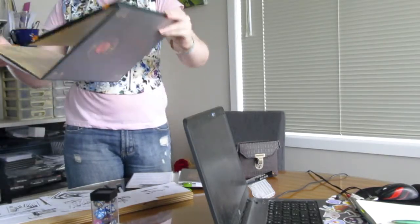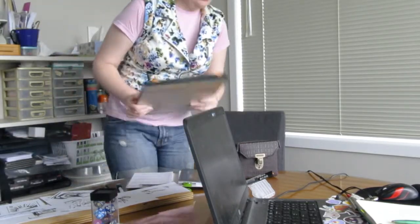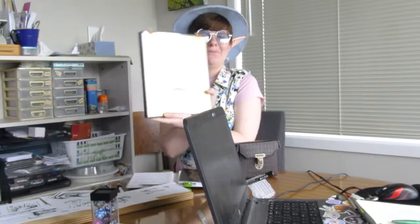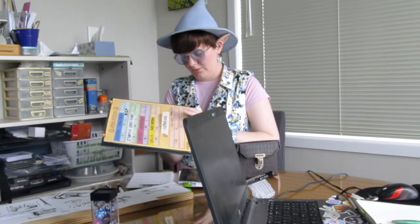Because I set up this little player ref, which is really cool and all, except now I have to tweak it because one of the characters died. This is a thing that happens occasionally. Also, I misspelled one of the characters' names, so I just whiteboarded it onto the... I actually, even though you can write on this stuff with erasable markers and what have you, I actually just have some sheets of